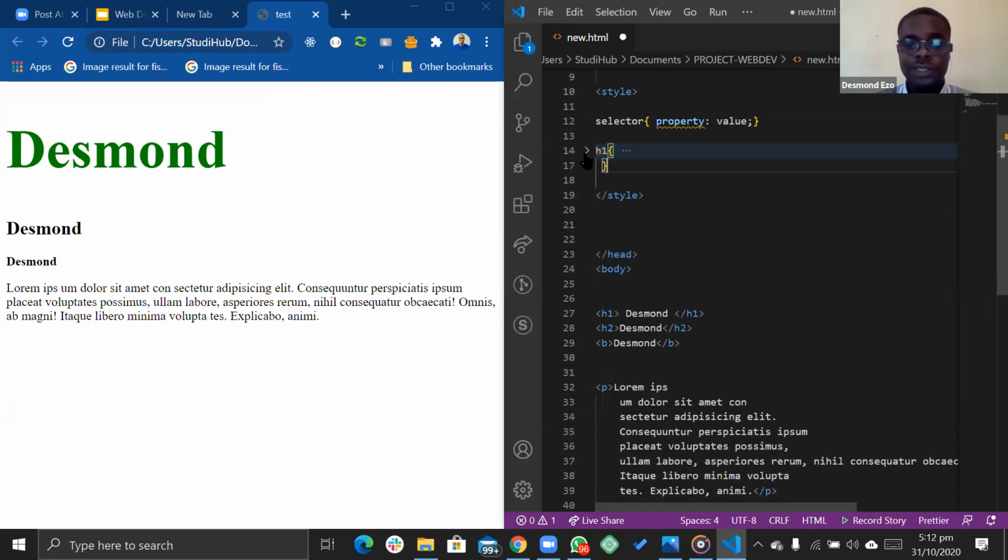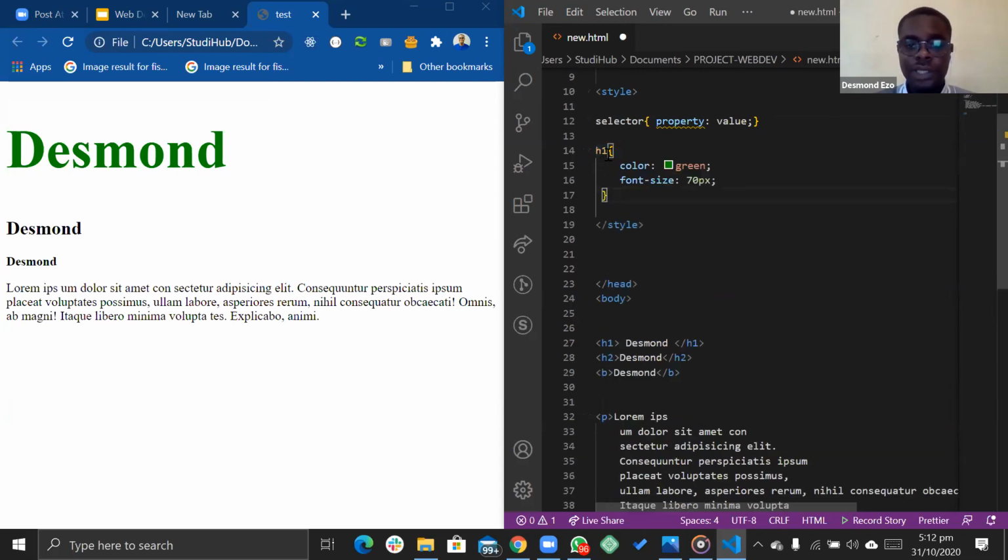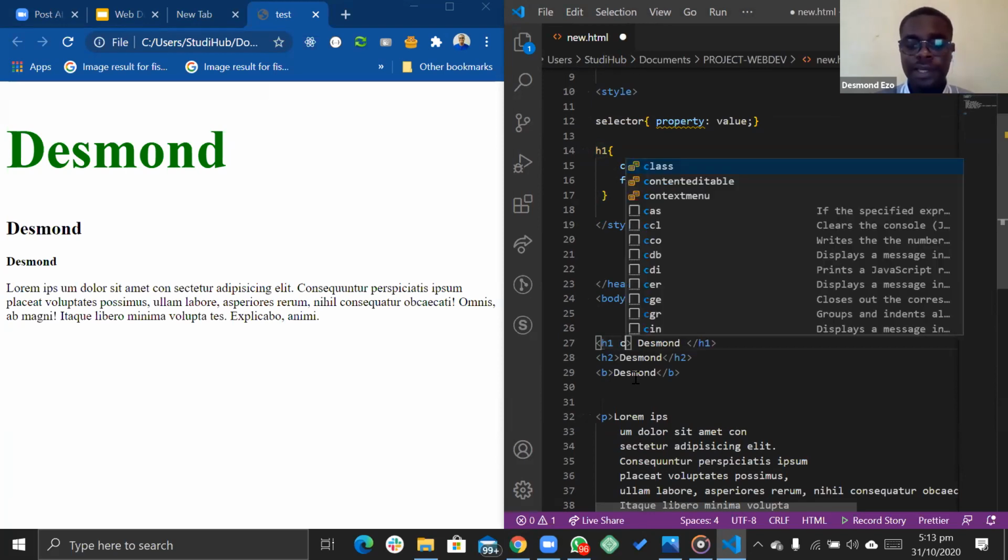The selector that we used here is just the HTML tag. We have different selectors that we can use. We have a class selector also. So we can specify a class here.